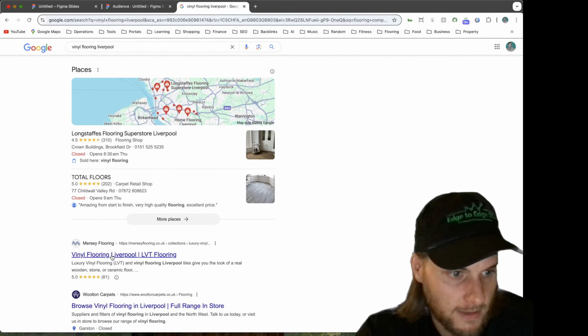If I search from Liverpool, you might find that another company is actually higher up. Again, it's exactly the same with Google Maps as well. It'll be shifting around all of the time at different times of the day. And I think I was watching an SEO podcast recently, and one of the people on there, they actually did